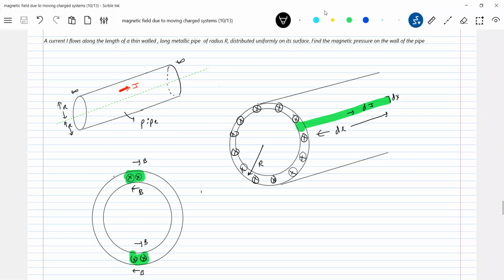So go back to electrostatics. If a current flows on the surface of a pipe, what is the B bar inside the pipe? It will be zero. The field strength here will be zero. What about outside? Outside will be non-zero. How can you say? I think it's like two current carrying sheets. This one produces B bar, and this one produces B bar, and B1 equals B2.